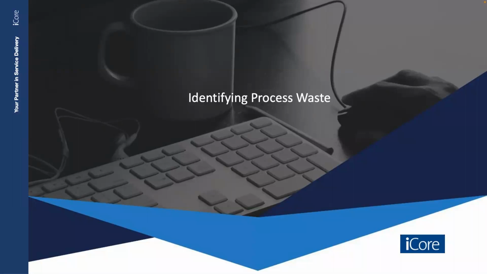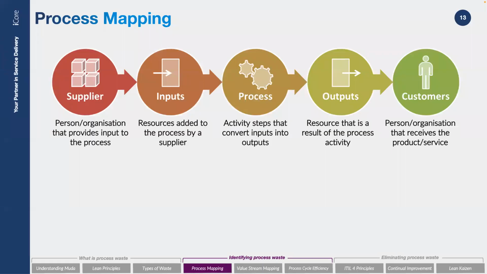So the first tool in your toolkit to do this is something that I use on every single engagement that I go into, regardless, because it helps build a good picture of where you are and baselining where you are. And that is doing a process map, also known as a SIPOC diagram. Some of you might have heard of this one before, but a SIPOC, which is supplier, inputs, process, outputs, customers.